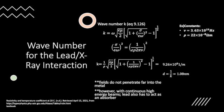For lead, we're going to use a resistivity of 22 times 10 to the negative 8th ohm meters. And for X-rays, we're going to use the frequency of 3.63 times 10 to the 19th hertz. So we're going to change the equation a little bit to fit our constants, and you can plug that right into the equation. When you plug everything in, you're going to get 9.26 times 10 to the 8th 1 over meters,